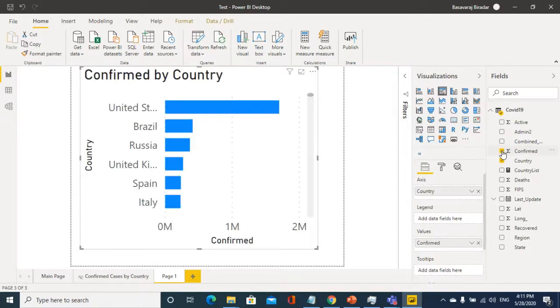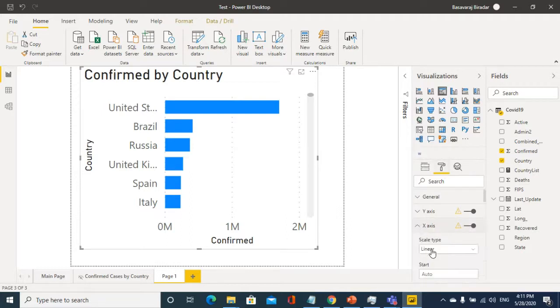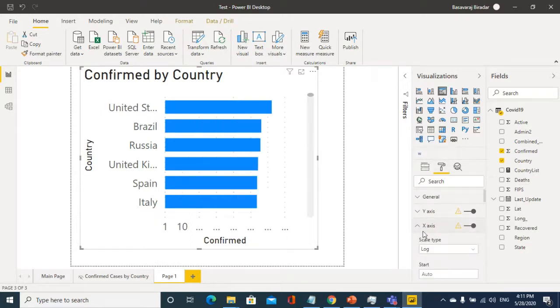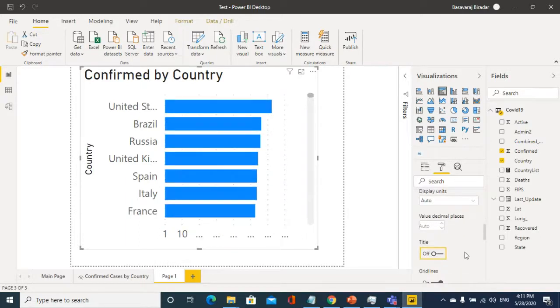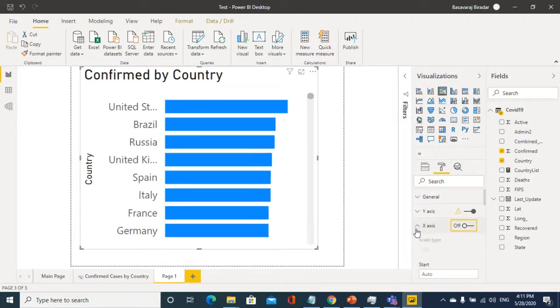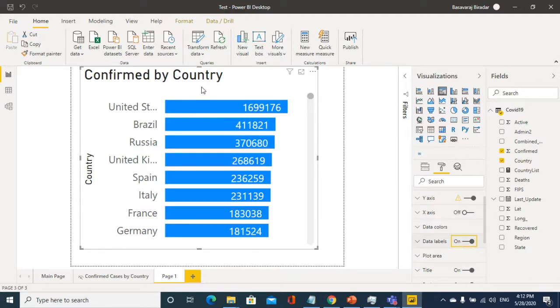confirmed cases. Again, the scaling issue. So this time it is x-axis. Make scale as logarithmic, and I don't want title for x-axis. I don't want this one. Okay, for y-axis let it be there, and I want data labels to be there. I can do that. And also in report, if you want to show only top 3 countries like that, then